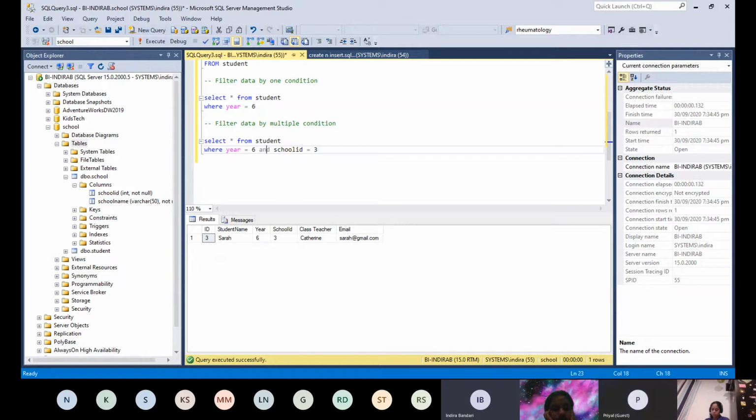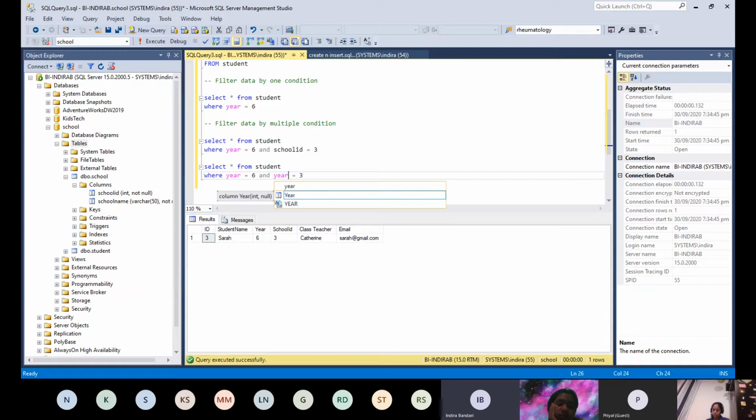You can also use or instead of and. I will just write another condition here: year equals 6 and year equals 5. How many are we going to get?